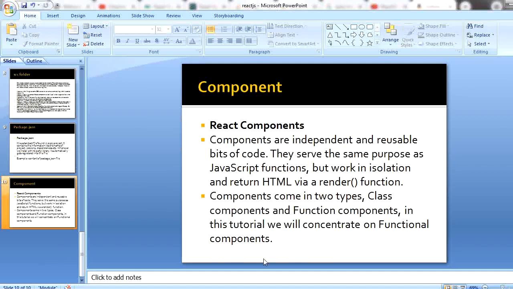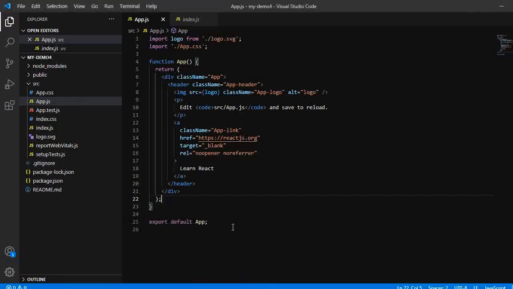I will explain the functional component in this session, how we develop a component in a practical way, through a React.js sample application. I already created one React application; you can see the previous videos on how we create the first React application.